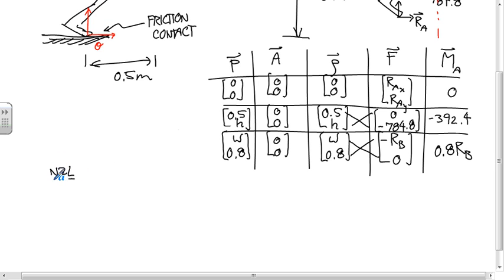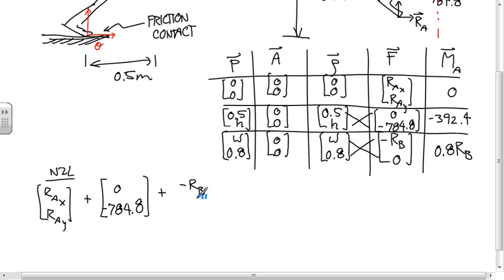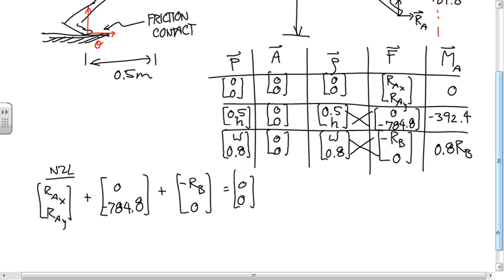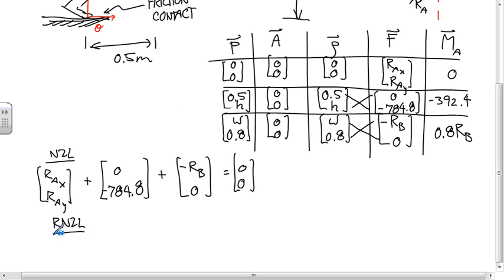And so Newton's second law says RAX, RAY plus 0, negative 784.8 plus negative RB, 0 is equal to zeros. The rotational equation says negative 392.4 plus 0.8 RB is equal to 0. That's 3 equations for 3 unknowns. And if you solve it, you get